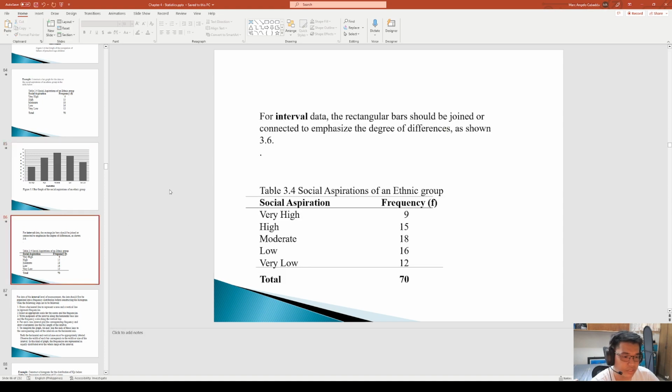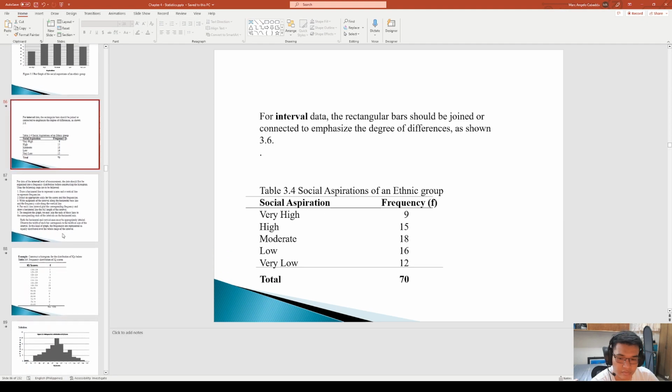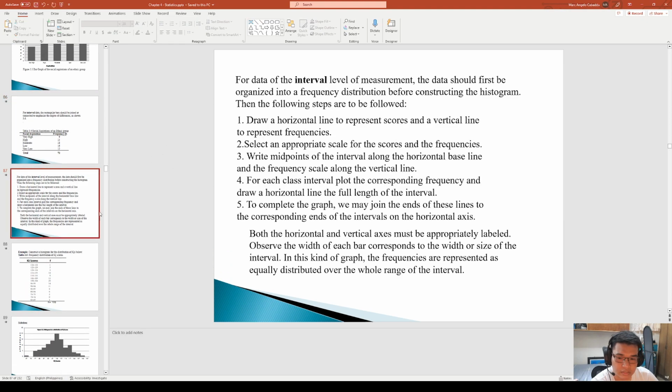Okay? What about for interval data? For interval data, yung mga rectangular bars should be joined or connected, instead of being apart. So joined na sila. It is to emphasize yung degree of differences, okay? For example, we have the following steps first, okay? So for interval level of measurement, the data should be organized first into frequency distribution